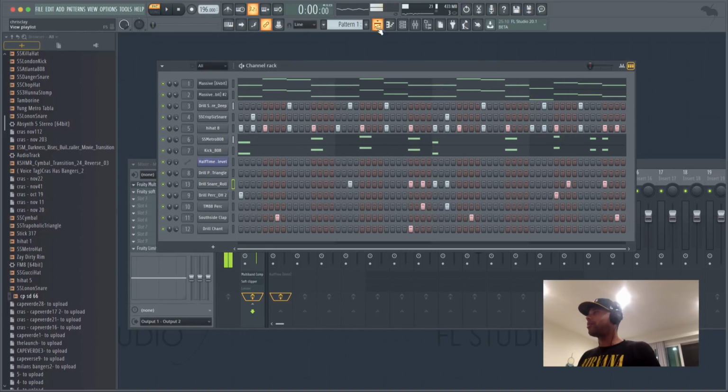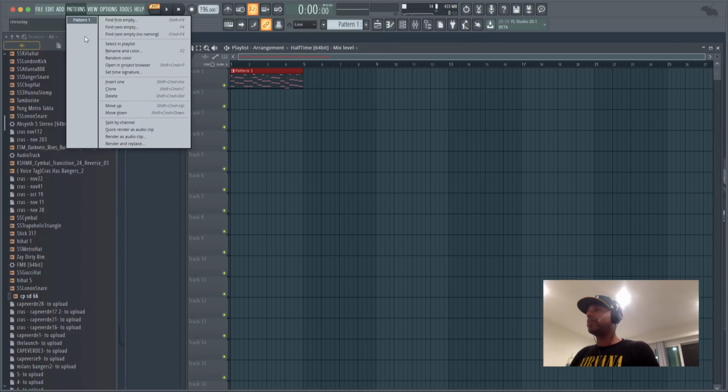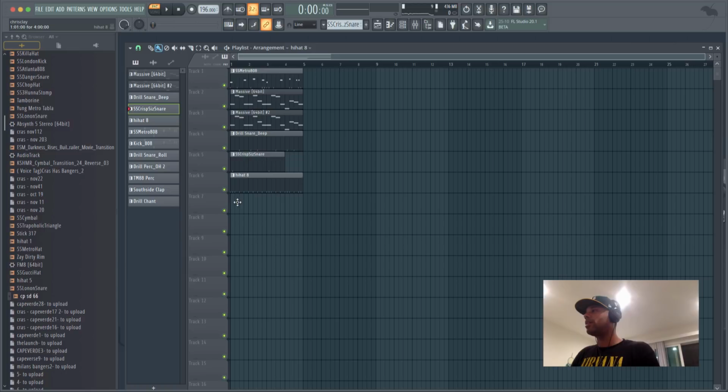Okay, so here's the fun part where you open up your playlist and then you split by channel the whole beat so far. You take it, you pull it down, you pull it down. I hope everyone saw that. All I did was go to the first pattern, which is where you had your whole beat, and then click patterns, and then click split by channel, and then you bring each component of the beat down on its own track